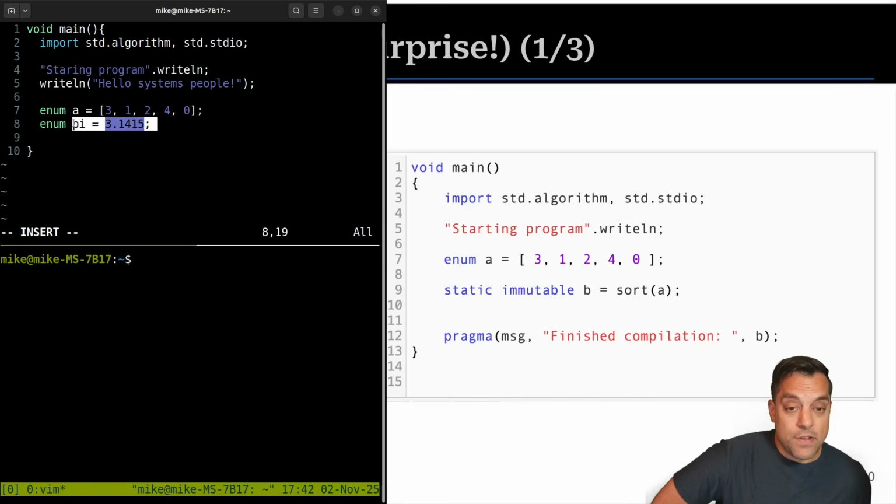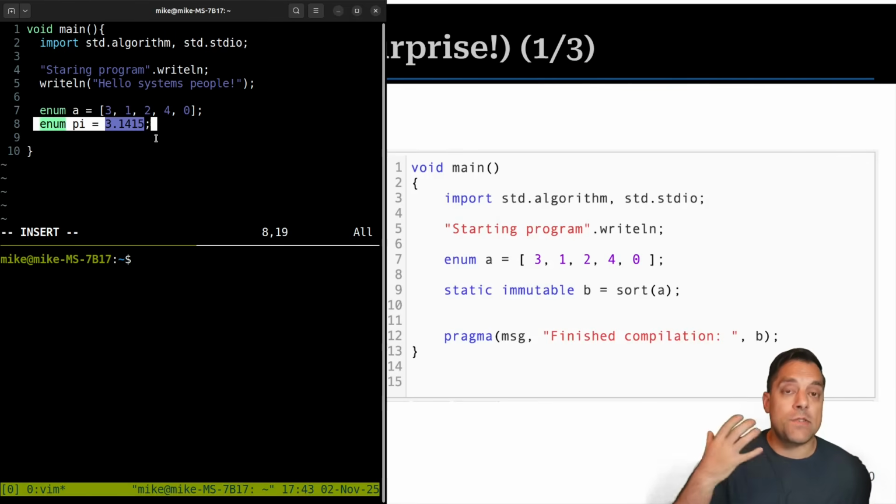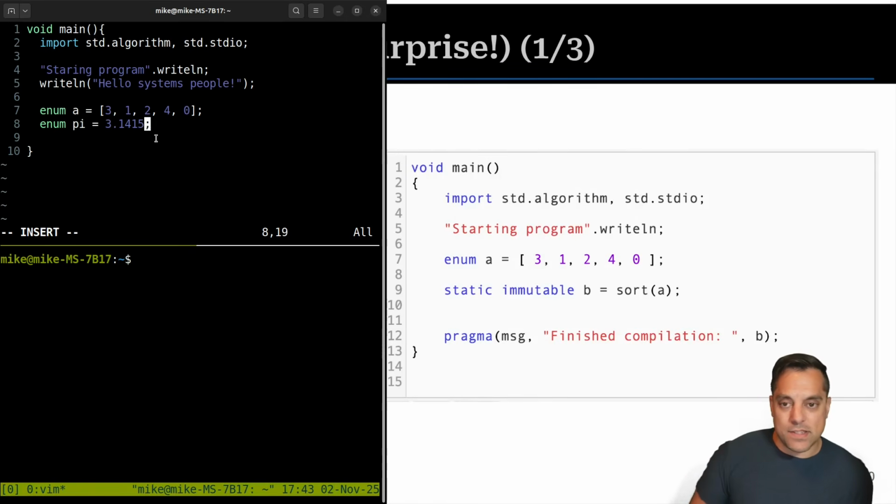Yeah, then this value is available at compile time. This is a big part of the D programming language, and other languages like Rust as well. You basically have guarantees at compile time that, yes, I have this value available. I can use it in calculations, and I can run functions at compile time. Let's go ahead and see a little bit more about that.